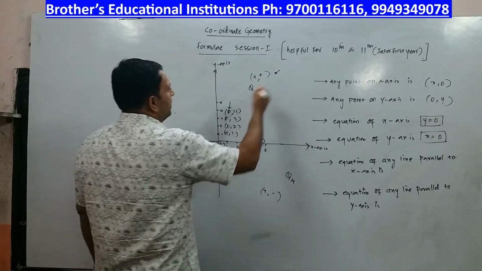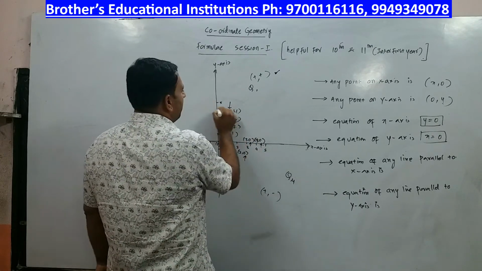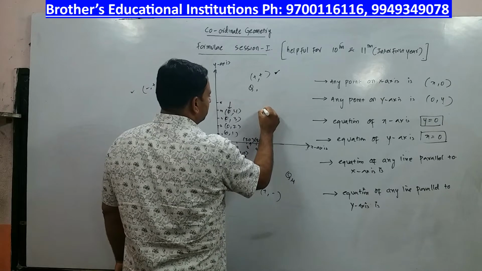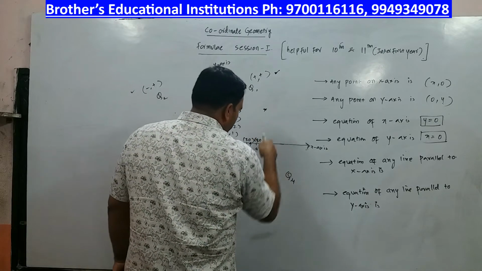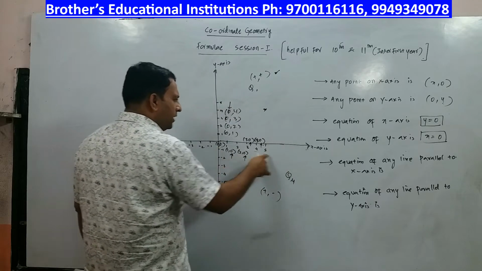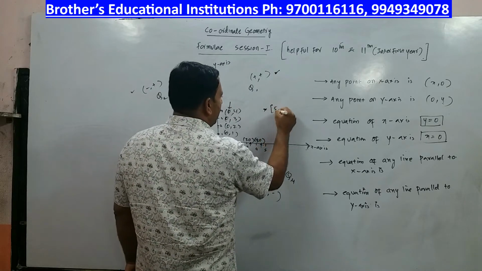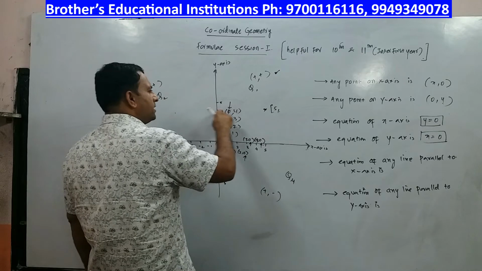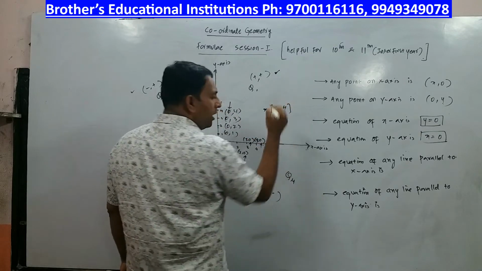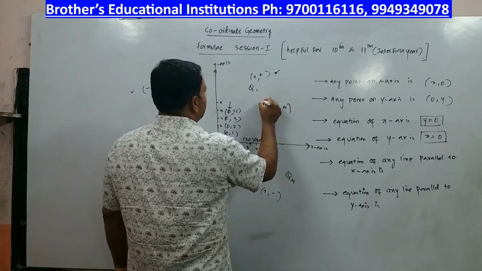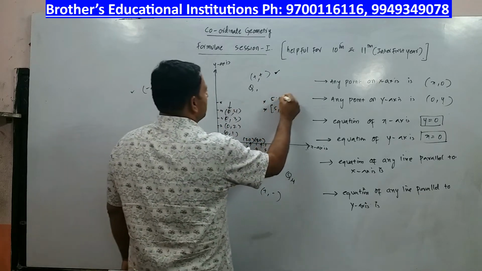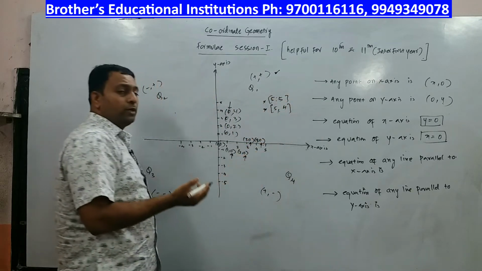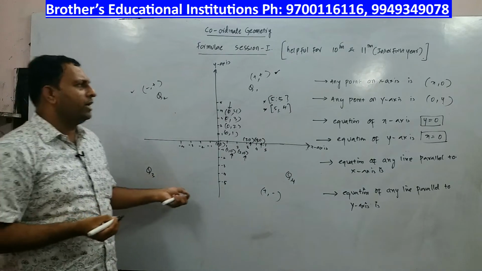And let us try to imagine one point over here. Let us say I have a point over here. Now how do I locate this point? You will see what is the unit length it is making on x-axis. 5 units. So you write the x coordinate as 5. And what is the length it is making on y-axis? It is 4 units. It is 5, 4. Let us say I want to write this point. Now this is making 5 on x and 5 on y. This is 5, 5. So that's how you try to locate the coordinate point, right?